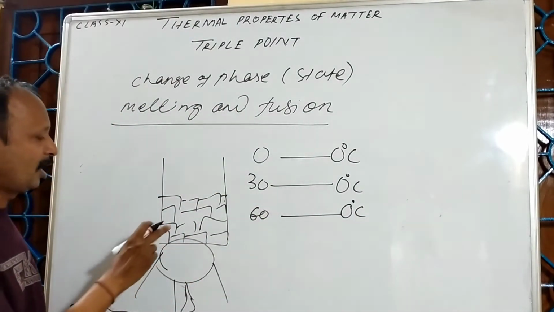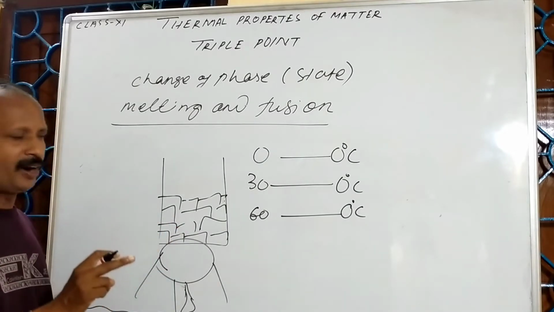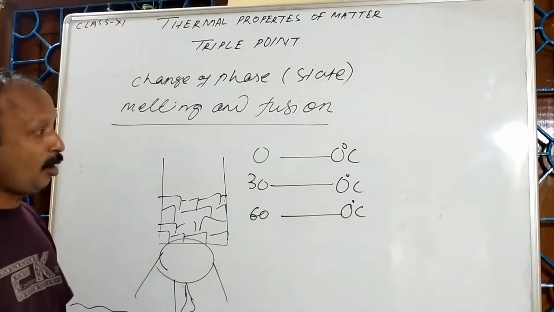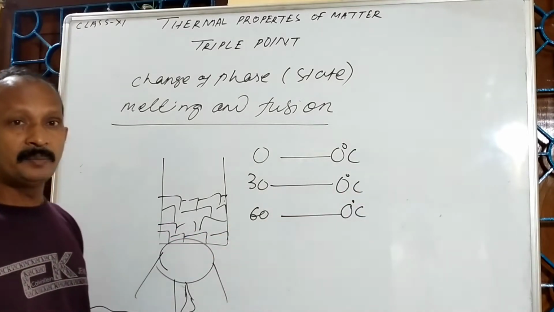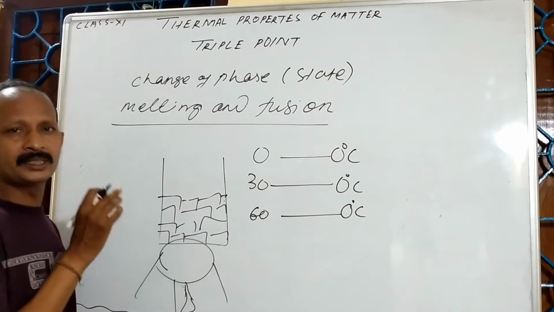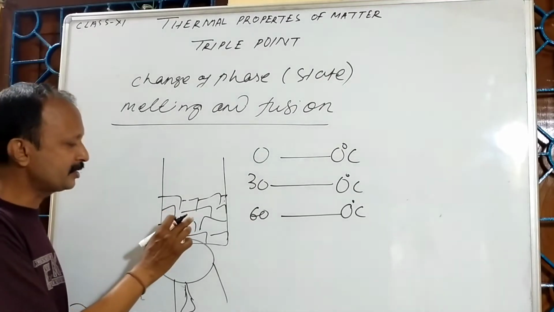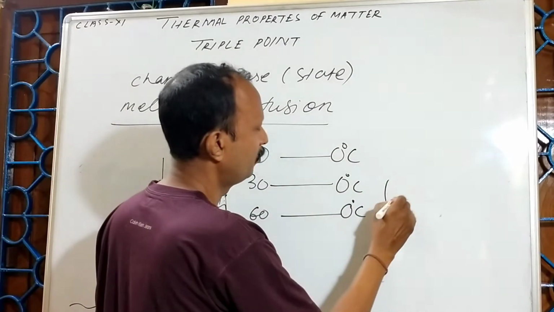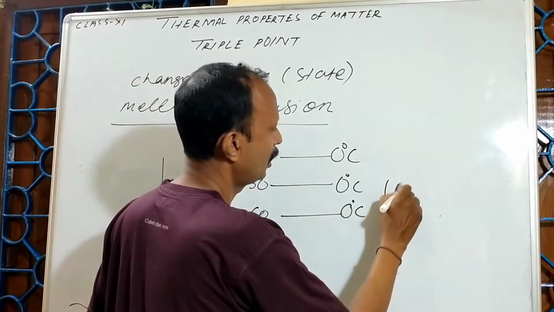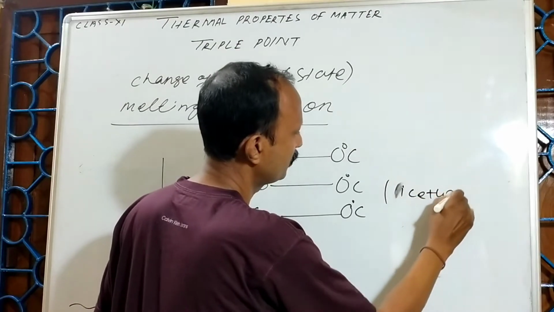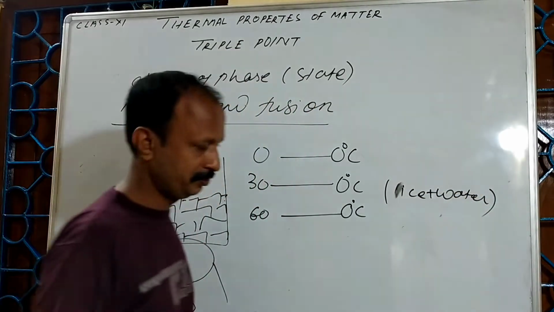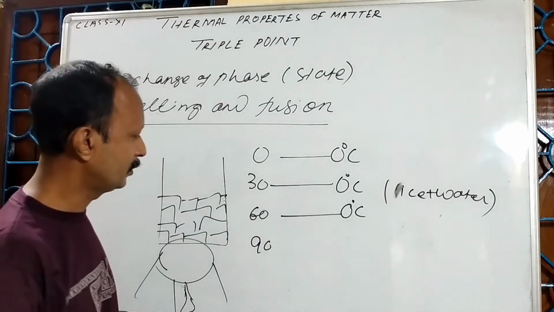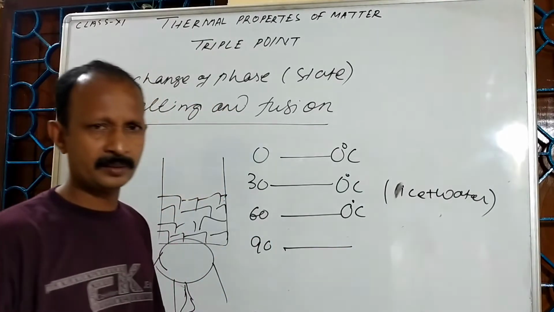During that time, you observe the container. You will find inside the container, when you are supplying the heat, the temperature is not increasing, but ice starts to melt slowly. That means inside the container you can find both ice plus water. Again, suppose after 90 seconds you check its temperature.